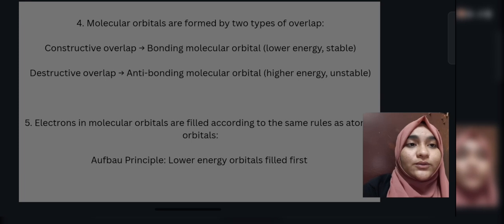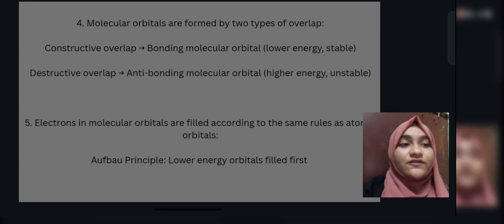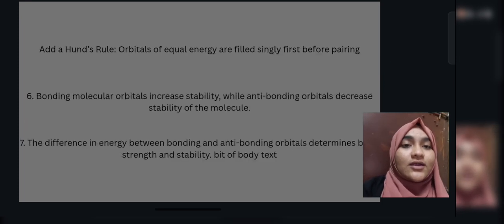Molecular orbitals are formed by two types of overlaps: constructive overlap and destructive overlap. Constructive overlap belongs to the bonding molecular orbitals, which are lower in energy and very stable. Destructive overlap belongs to the anti-bonding molecular orbitals, which are high in energy and unstable. Electrons in the molecular orbitals are filled according to the same rules as atomic orbitals. By the Aufbau principle, low energy orbitals are filled first,